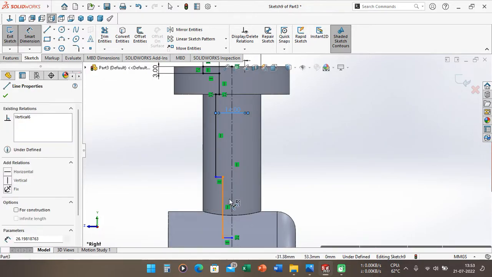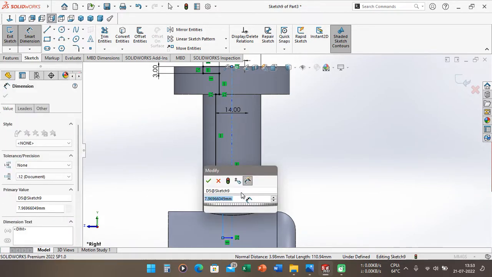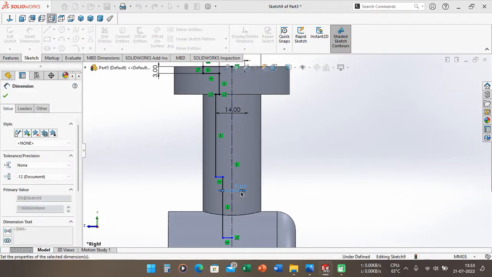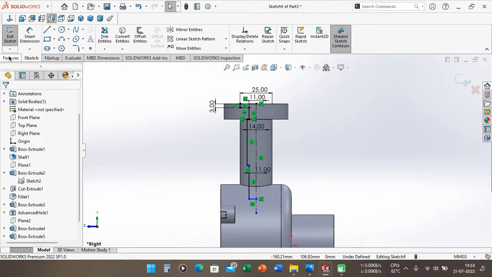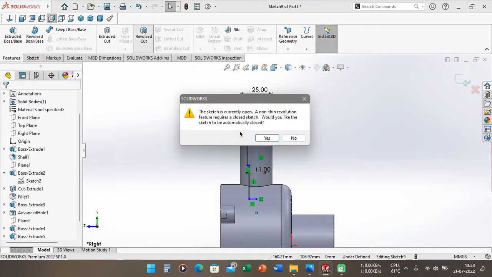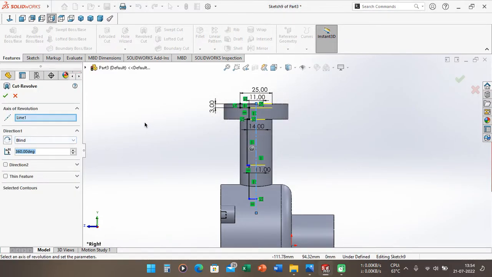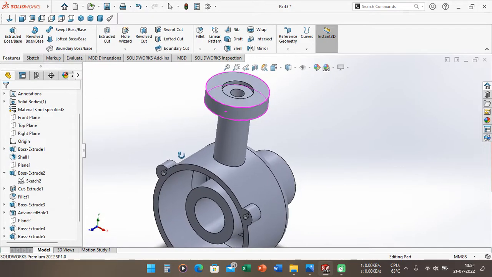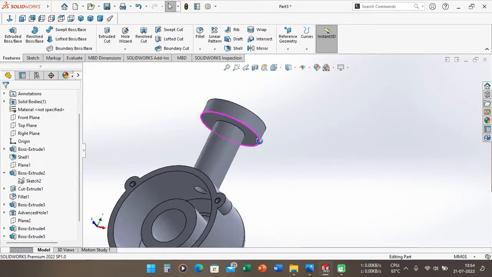And the last hole is 11 millimeter. Okay. After that, we can go to features and choose the revolved cut here, and you will cut the material, and you can choose OK here, and then choose OK. So the tap hole has been created here until the inside of the surface.